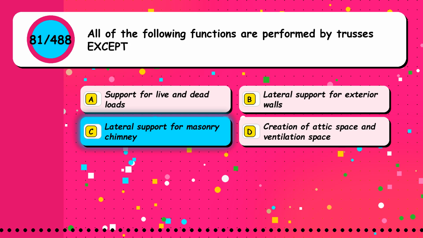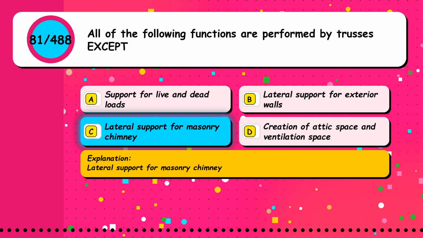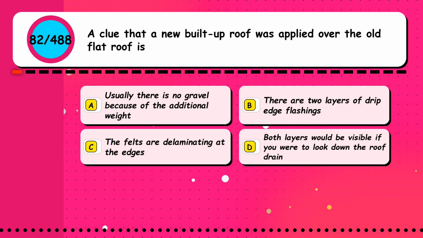The correct answer is option C. Lateral support for masonry chimney. Question 82. A clue that a new built-up roof was applied over the old flat roof is: Option A, usually